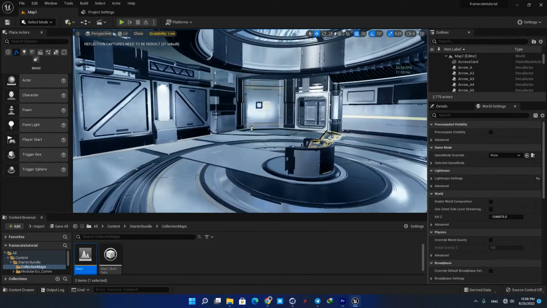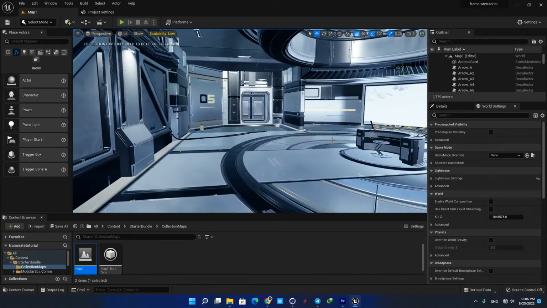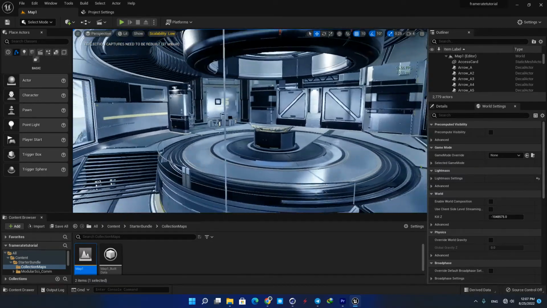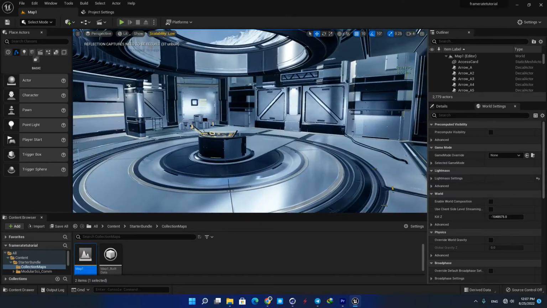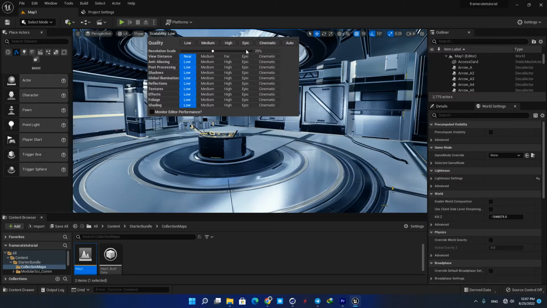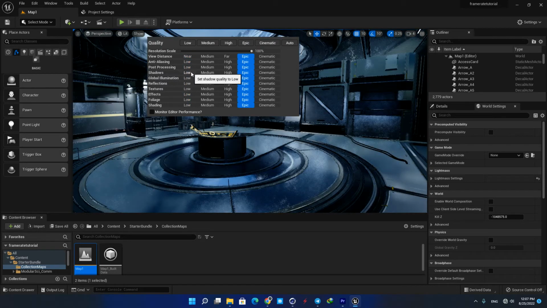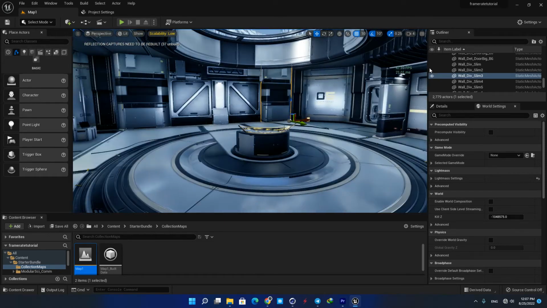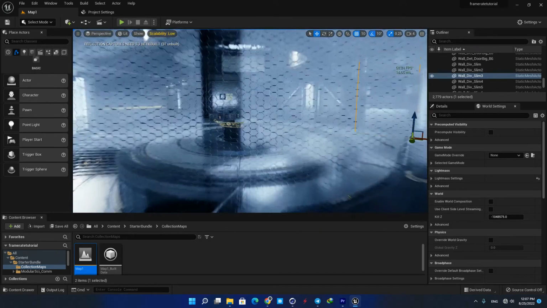As you may have noticed, our scene is looking much brighter, and that's because we lowered the quality of the shadows and our GI. Sometimes when you put the settings on low, your scene doesn't look good. What you can do is play with these settings manually to achieve the result which works best for you. Keep in mind that the shadows, global illumination and reflections have the most impact on your frame rates. So for example, you can put your settings on epic and just turn these three down to get a better look for the scene and still have a high frame rate.